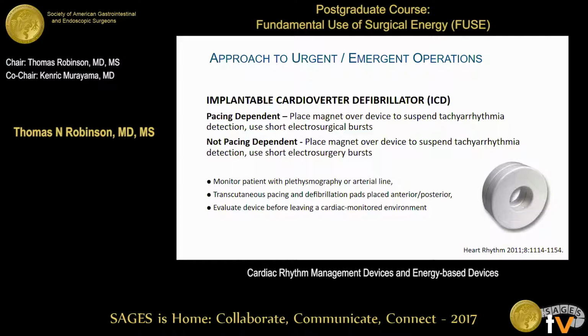So if we remember from that chest x-ray, the defibrillator is the one that's got that coil or that big radio opacity next to the tip, because that's what stores the charge to deliver it. So with those 4 simple steps, that's a way that you can safely manage by the guidelines a patient in the middle of the night who's got a cardiac implantable electronic device that you may not know what it is. I'm going to put 2 slides up here on